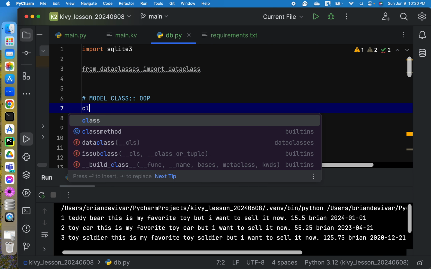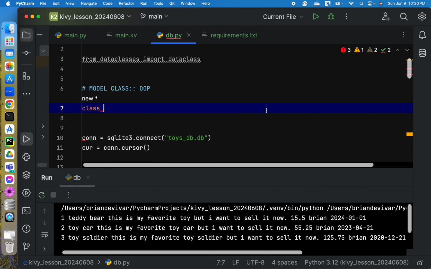Okay, let's create a class toys TBL, or maybe toys model is more appropriate.